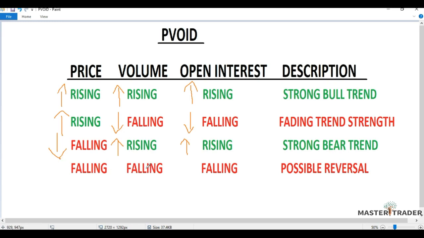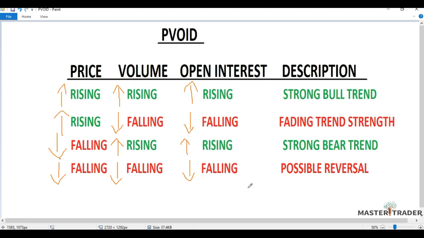And now finally, let's look at the fourth option, where price is falling, price is in a bearish trend. The volumes are also falling, and the open interest is also falling. So what is this telling me? If price is going down, bears are taking the price down, but not with strong volumes. Volumes start to decrease, and the interest in that particular instrument is also decreasing. That indicates to me that we might have a possible reversal from the bottom,